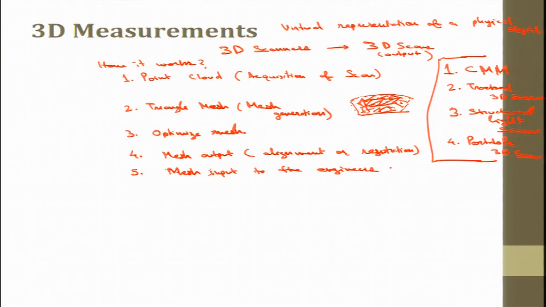How does it go to them? It is generally produced in the STL format, .stl format. The computer software can be used to clean up the scan data, filling holes, correcting errors, then improving data quality. The resulting triangle mesh is typically exported in STL format, and we can convert it into known forms, like B-spline or Bezier curves if it is possible. If not, then also the things can go. So CAD modeling can be produced out of this.